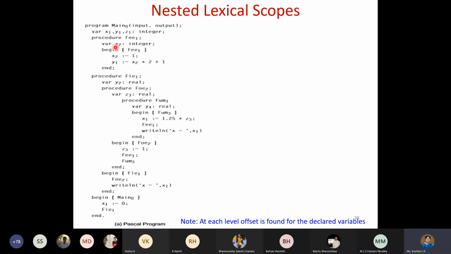Now let us see how this works. And also, if you recall during the symbol table description, I had told there is something called a static coordinate, which will help you to track and will give you the access for a particular variable at some offset.